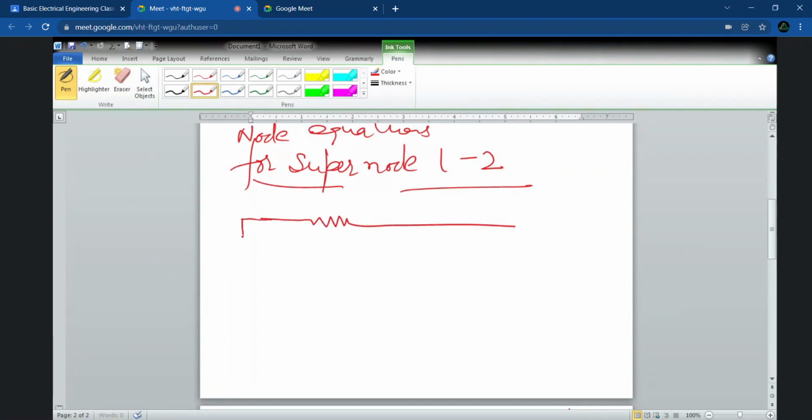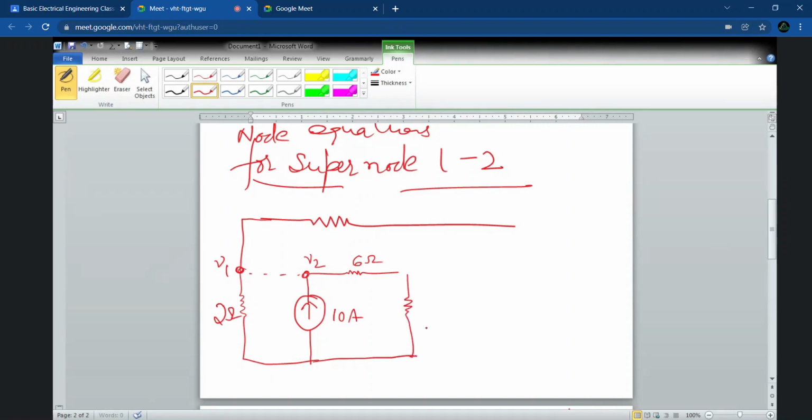So we'll now mention the currents and all. So here we will be just denoting it in terms of the dotted lines. Here will be one current because we need to write the node equation. So we'll be just writing the current. So this is 10 ampere current source that is given to us. Here we will be having one 2 ohm resistor. That is already there. So this will be your V2. At this point it will be say V1. Okay, then there is a resistor of 6 ohms connected over here. Then there is a resistor of, I'm redrawing the same circuit, 4 ohms connected over here.